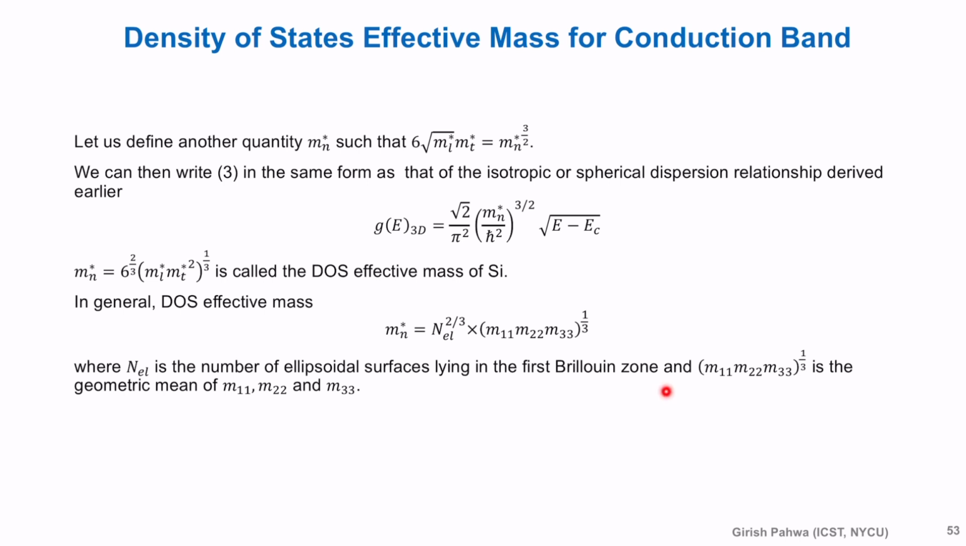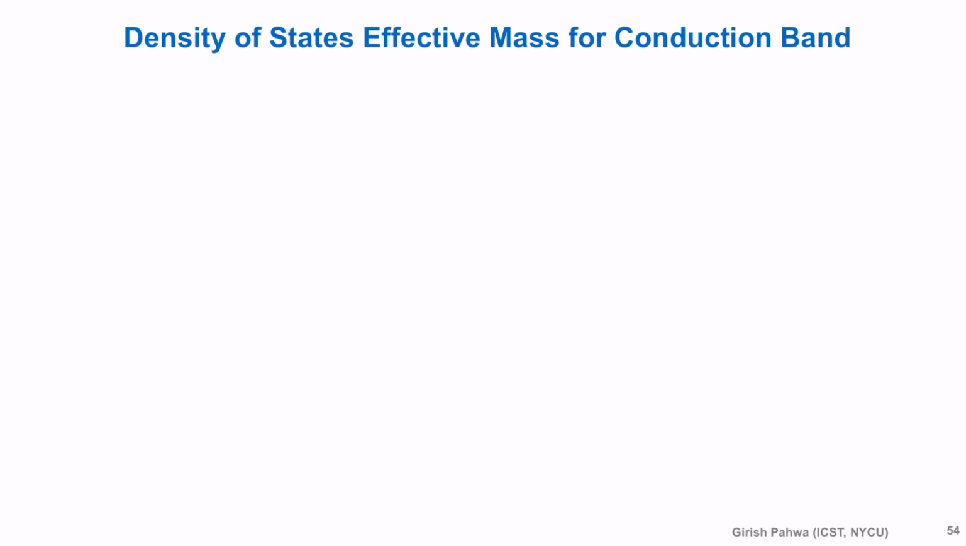And of course, what is this? This is the geometric mean of M11, M22 and M33. Okay. Now let's look at the density of state effective mass for germanium. Now for germanium, if you look at its EK diagram,